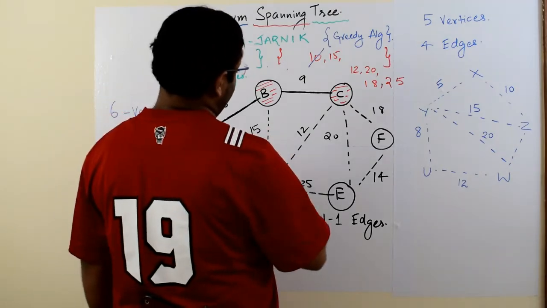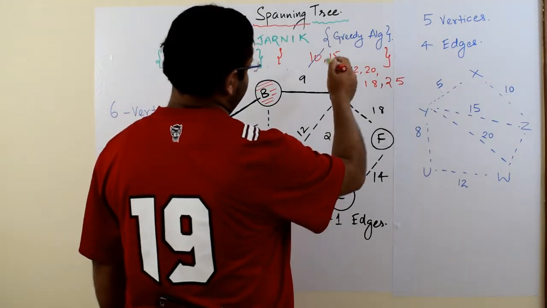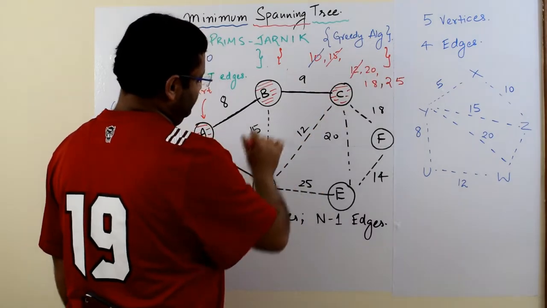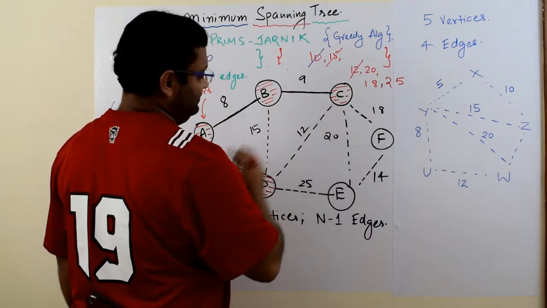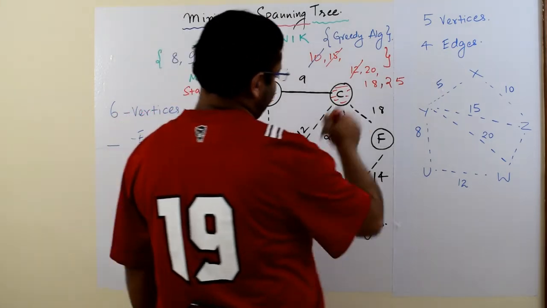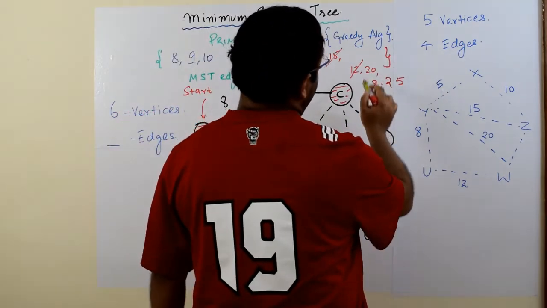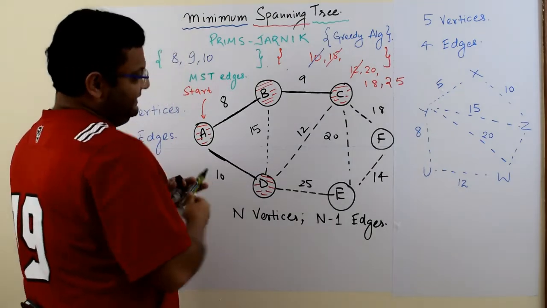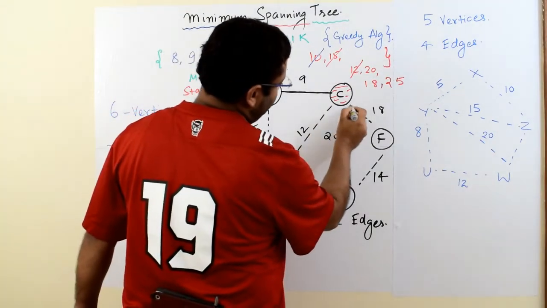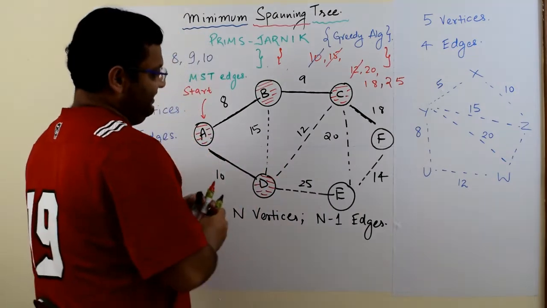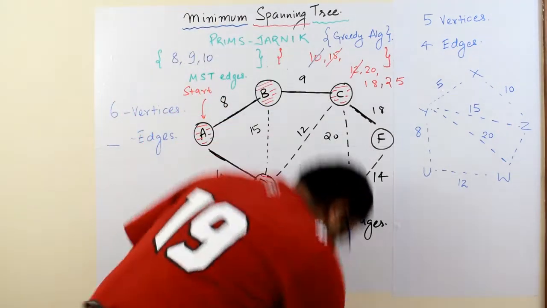Definitely we will not take it, so this one is cancelled. Now we have to consider 15. The 15 will do the same thing, so we will also not select 15. Now what are the edges possible? Out of 20, 18 and 25, which is the minimum? Definitely 18 is the minimum. Okay, fine. Now once I have selected this edge 18